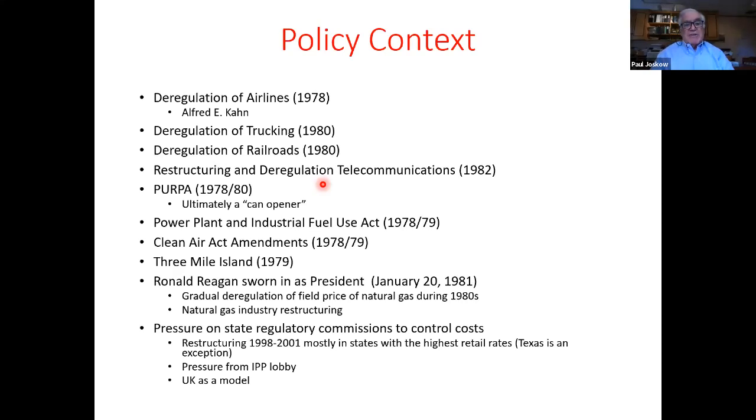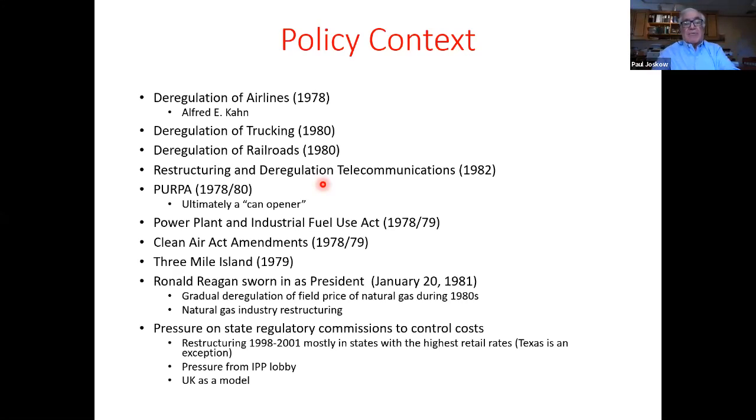And then President Carter invited him to become the chair of the Civil Aeronautics Board, which was responsible for regulating prices and entry for airlines. And he initiated fairly quickly a deregulation program, even before Congress formally deregulated the industry. And it was followed by deregulation of trucking in 1980. Actually, Darius Gaskins was the chair of the ICC at that time, and he had worked for Fred Kahn in the Civil Aeronautics Board. Then railroads with the Staggers Act in 1980,